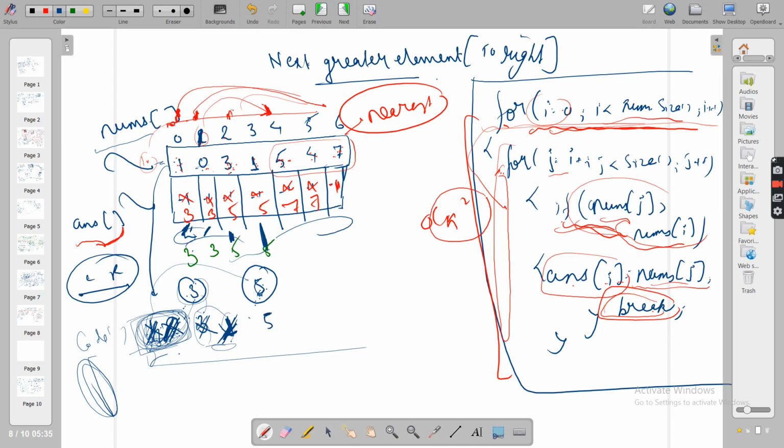Look guys, I'm not inducing my thought process on you. It's just that we are seeing one of its iterations, the initial iteration, of what is actually happening in this. Can we reduce something? We are getting the hints. We can reduce things. So now let's see. After 5, what is coming? 4 is coming.